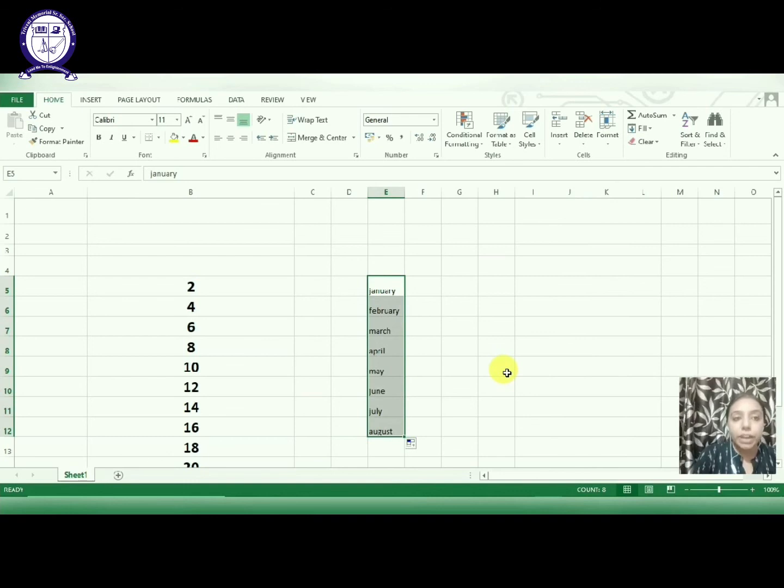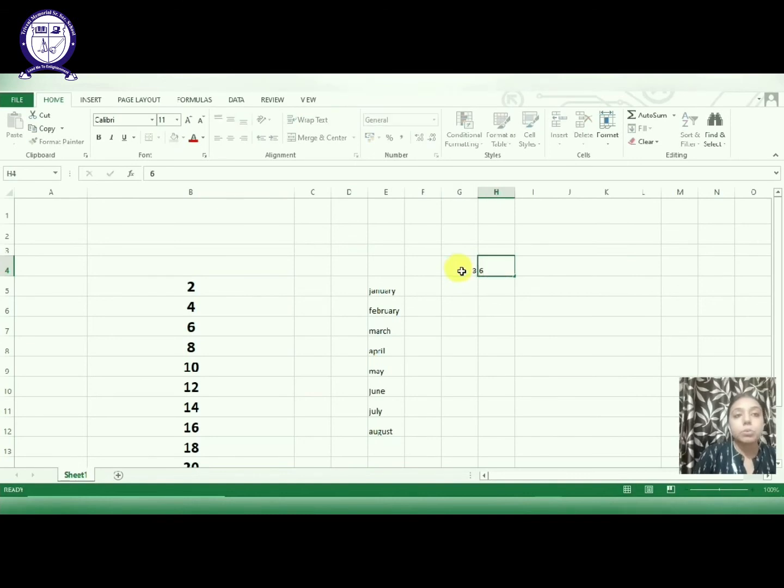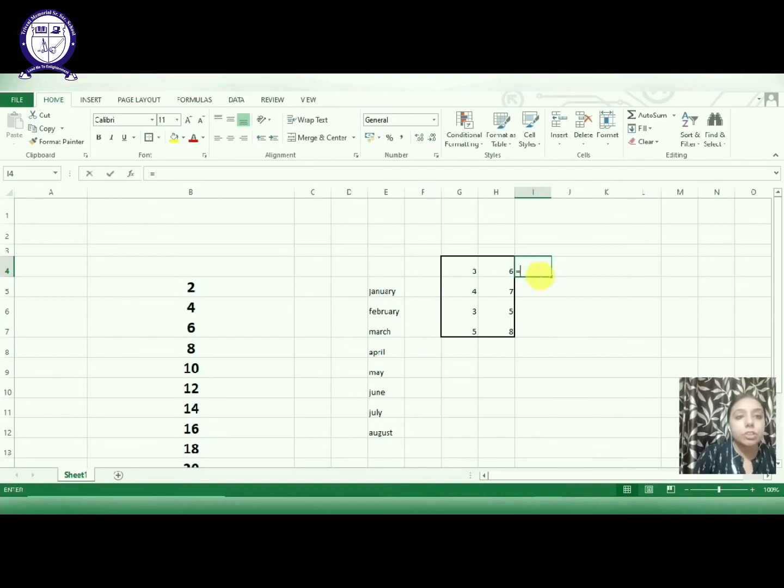This was the normal fill handle, and we have learned in the book about copying formulas with the fill handle also. So we will just type a range of cells with some numeric values in it. Then we will do the sum of those values with the help of the sum function, and then we will try to copy that formula with the help of the fill handle. We have taken a range of values here, and here we have applied the sum function, that is copying the formulas using the fill handle.